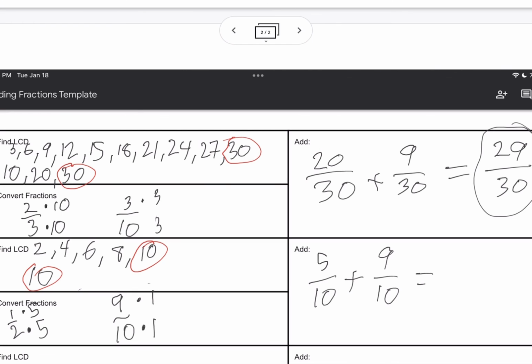So now I do the math. And again, addition and subtraction, do we add or subtract the denominators? No. So I know that 10 is going to be my denominator. Now I just have to add the numerators. 9 plus 5 equals, and if I don't know, grab your calculator, but it's 14. This is my fraction. Okay, so